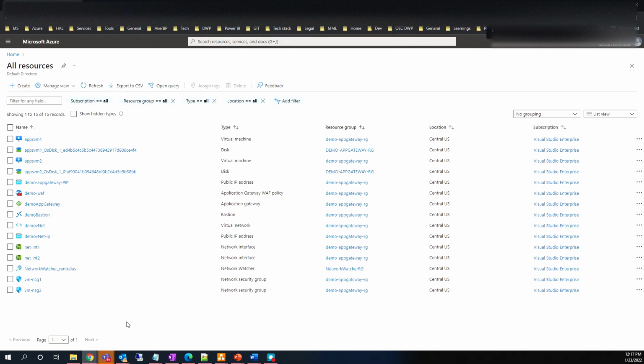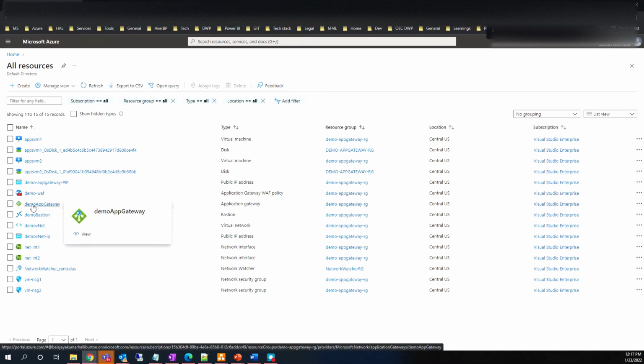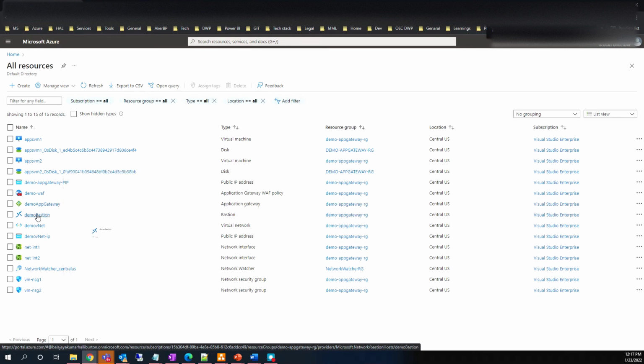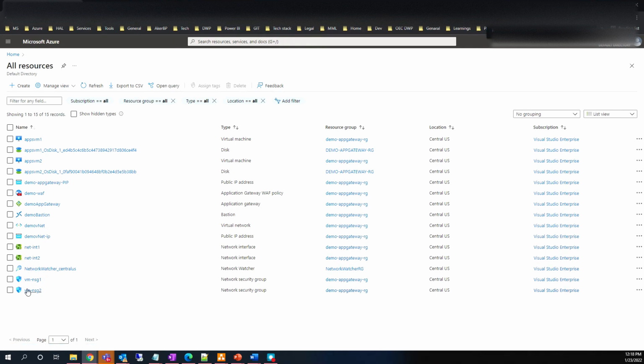Okay, so based on our template, we have two VMs and the hard disks associated with the VMs, the public IP, the WAF, and the app gateway. This is what we are going to see in the demonstration. And the Bastion to access these machines, VNet, IPs, network interface cards, and NSGs. So all these things are created to run our